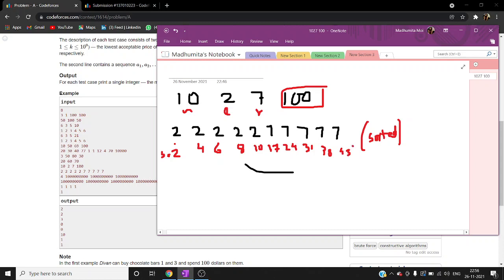These are all the types of chocolates, and 45 is less than the amount he has, so it is fulfilling all the conditions, so he can buy all the chocolates.